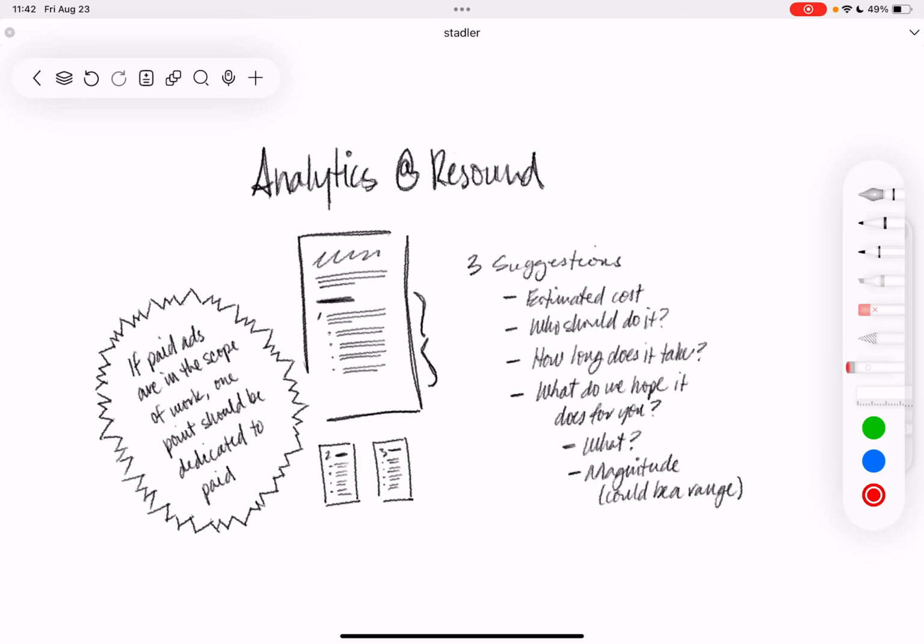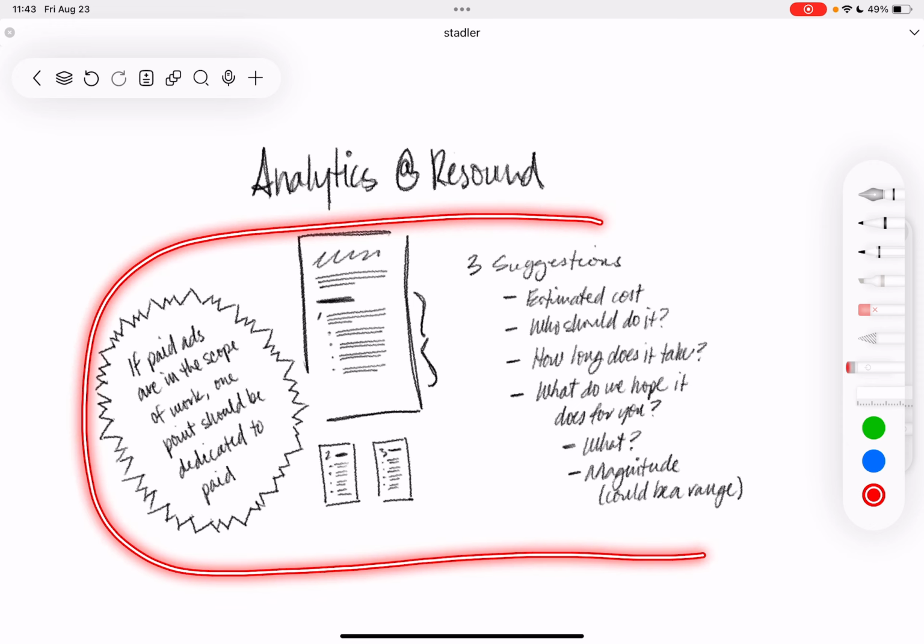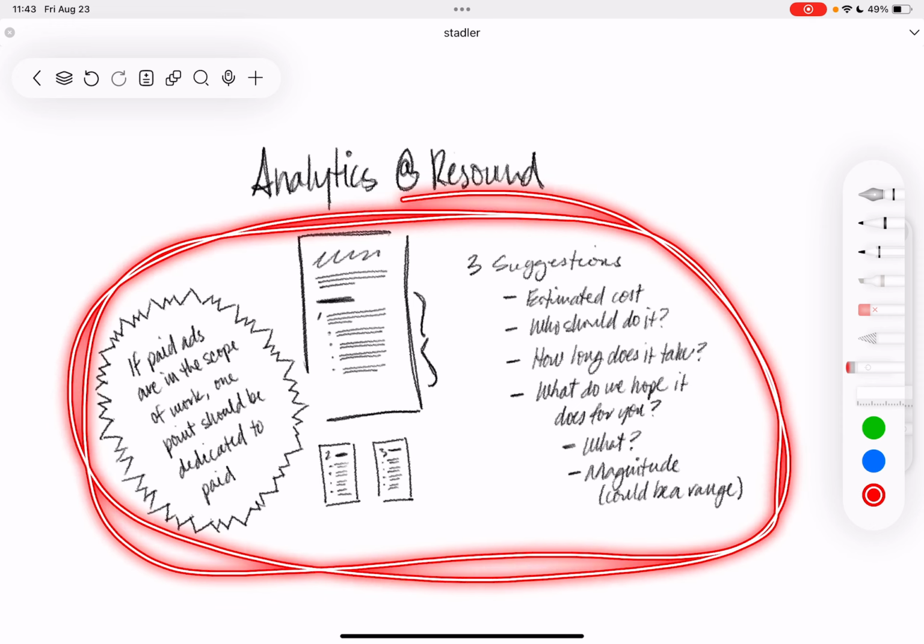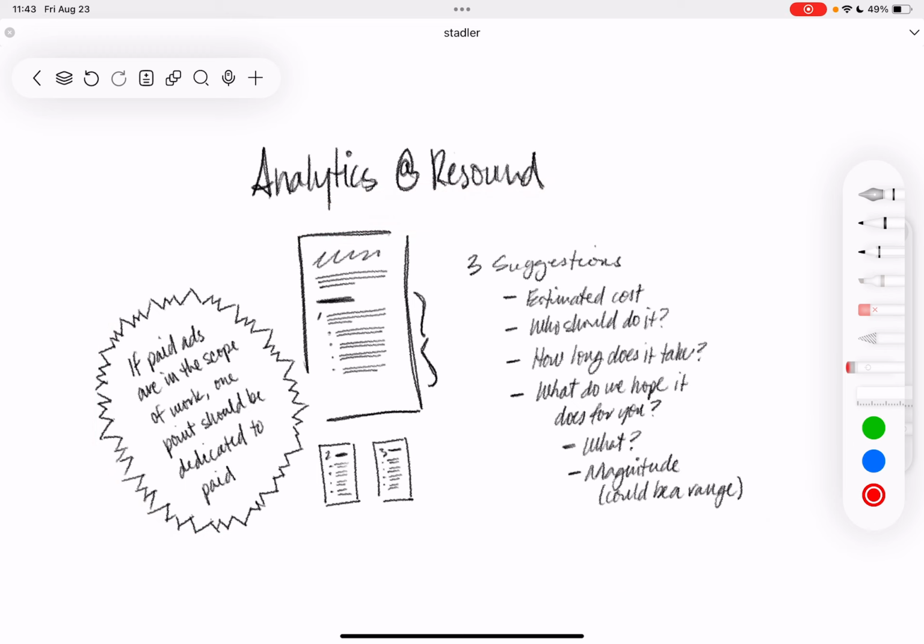The next thing you want to do is present suggestions. This whole thing is the missing piece in a lot of analytics: the suggestions. So let's say we have suggestions 1, 2, 3. This is page 1, page 2, and page 3 of the document that you're sending to your client, weekly, monthly, whatever, that'll help them.